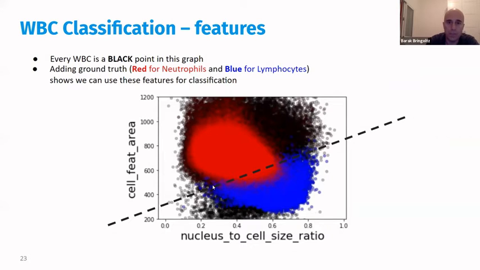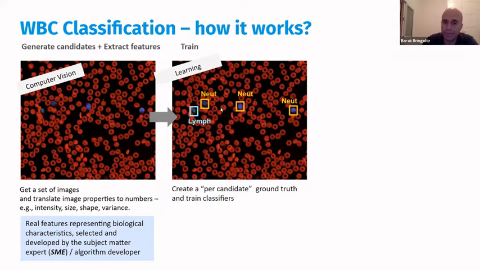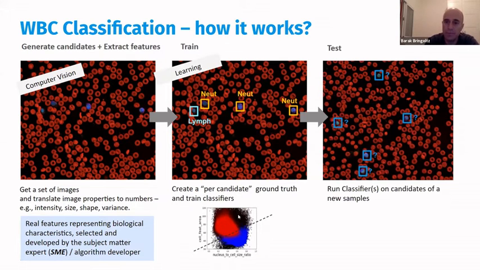So putting it all together, we can start with our images. We find the white blood cells. We featurize them according to some prior knowledge, which is biology and physics based. We tag them. We know a priori which one is a neutrophil, which one is a lymphocyte. We train a classifier, and that's it. We can then run a test time and say for each one which is which, and report some statistics to the